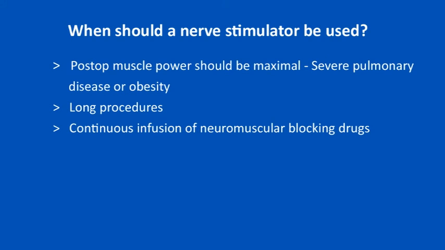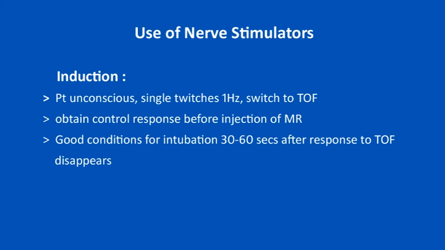Post-op muscle power should be maximal, as in severe pulmonary disease or obesity, during long procedures, and when we infuse the relaxant continuously for longer surgeries. These are some of the situations where the use of a neuromuscular monitor benefits us optimally in titrating the doses of neuromuscular blocking drugs. To conclude, during induction, the patient should be unconscious, and a single twitch of 1 Hz